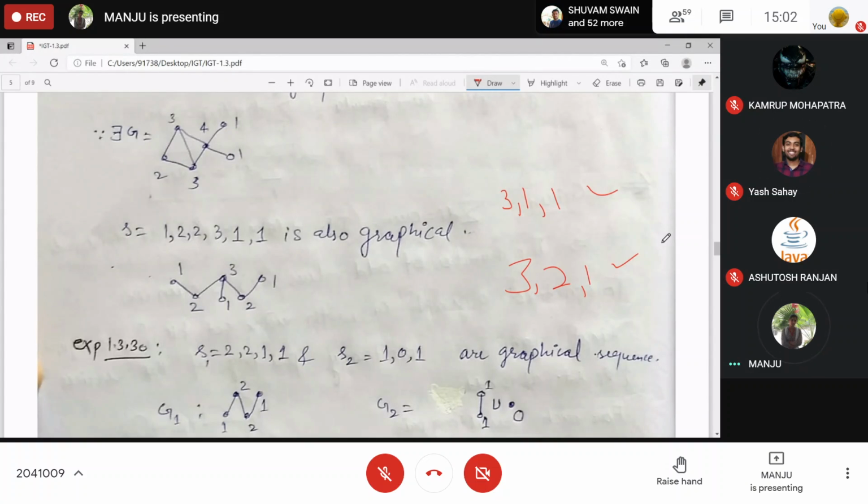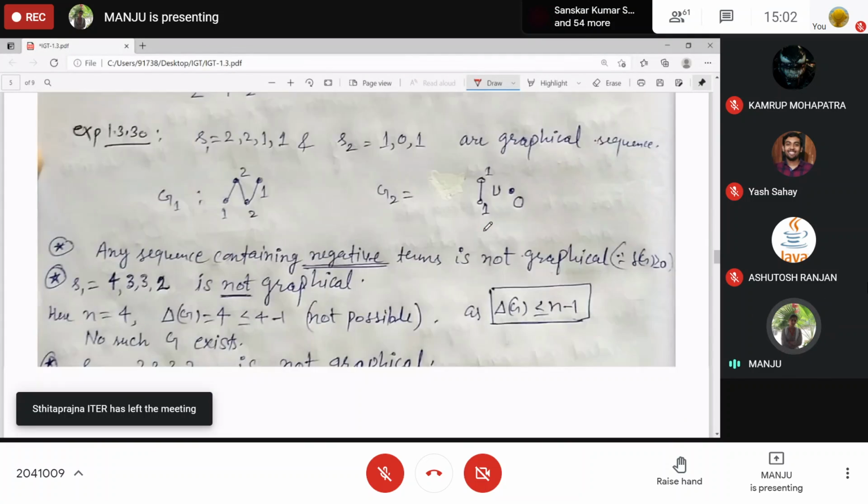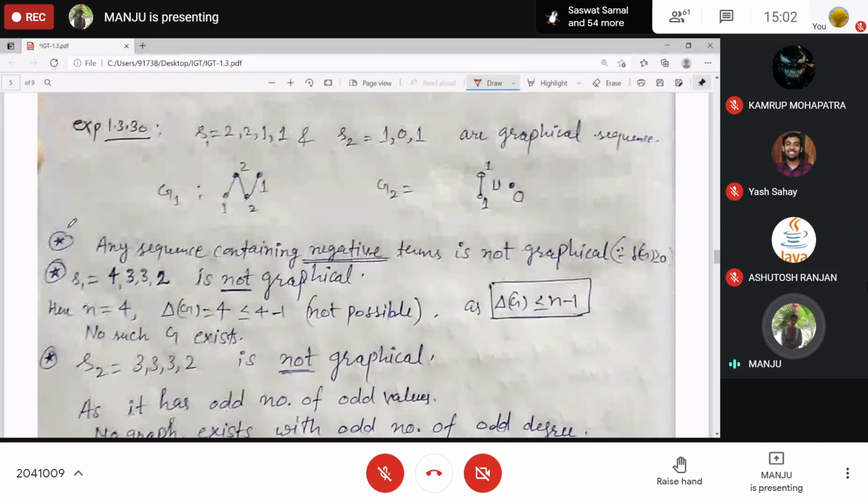Why not? Ma'am, because there must be at least 4 vertices for a degree of 3. Yes, so look at the maximum degree. For 3 vertices, the maximum degree cannot be greater than 2, right? If n vertices are there, the maximum degree can be n minus 1 only. But here we have 3 vertices and degree 3, right? So it cannot be. Clear? So we'll discuss these criteria again.